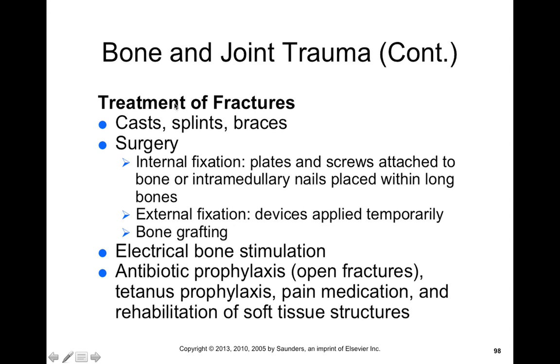Now, ways we can treat the fracture with casts, splints, or braces. These are all things that can help to immobilize our bone or the region of fracture. Surgery can actually be internal or external fixation. Internal fixation would be plates or screws that attach the bone together. External fixation is where we have devices that are applied temporarily externally and can be removed once the bones have